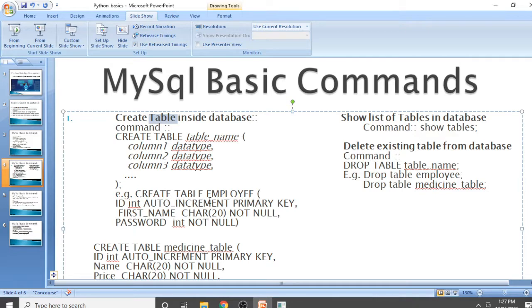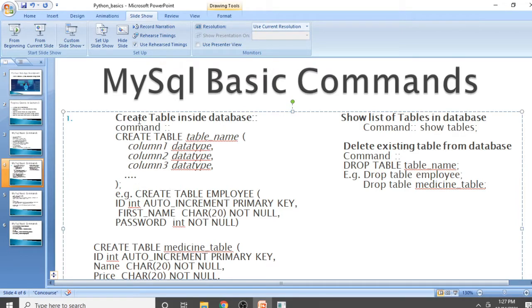Basically, whatever data you have, let's say an ID and password, comes under a table. Each piece of data should be in a table, and you can group your data into one table, and after that you can access that table so that you can access your data.